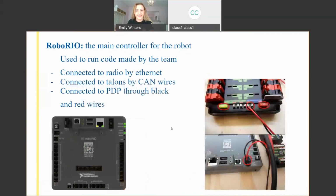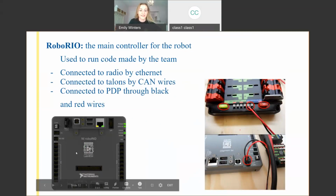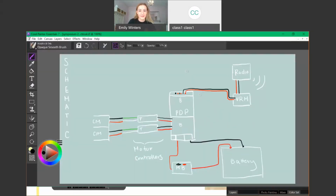Moving on. We've got our Roborio. This is sort of the main, like, if any of you did FLL, this is like that Lego Mindstorms brick in the middle where you go to select your code. Except when you push all your code onto your robot, it's stored here, and then it just uses specific commands when you're driving a match, say with an Xbox controller or joystick. So once the radio connects to the signal of your laptop, it stores the code in the Roborio. So we're going to connect it to the radio